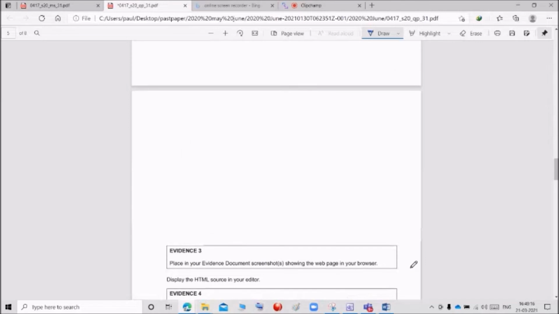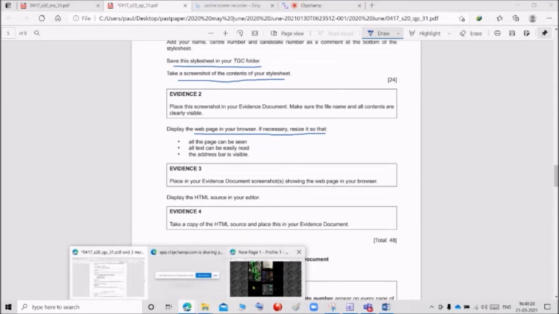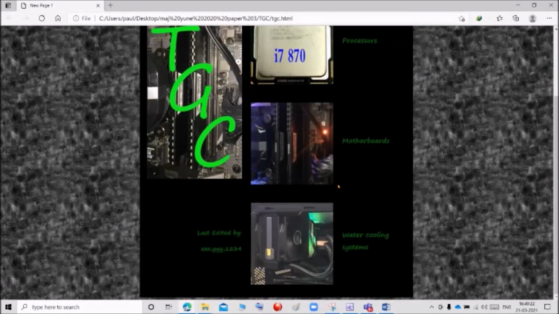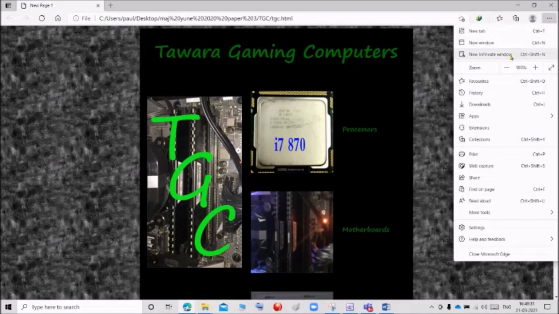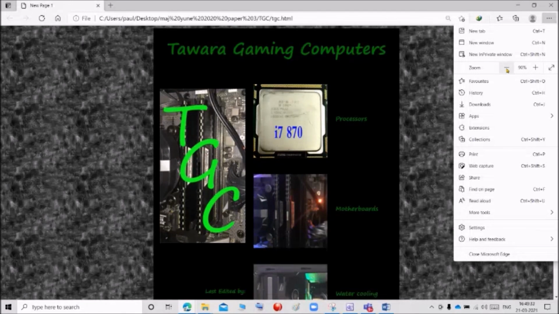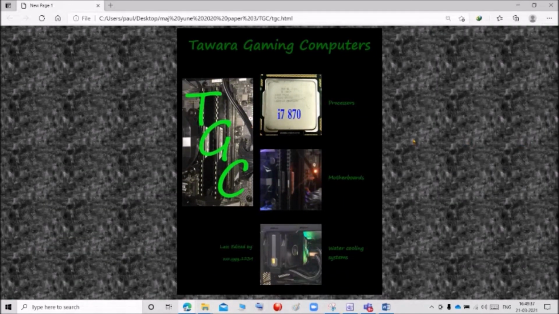Next, place in your evidence showing the web page in your browser. We want to take the screenshot of our web page, this one. So it is not fully visible. So what I am going to do, I am going to minimize the size. In your settings, I am going to minimize to 90 or 75, it's okay for me.